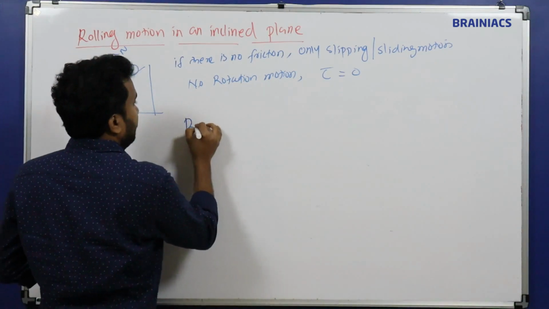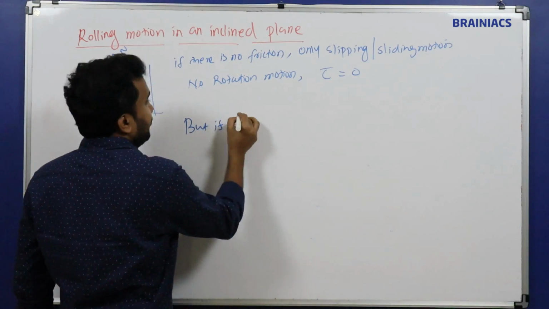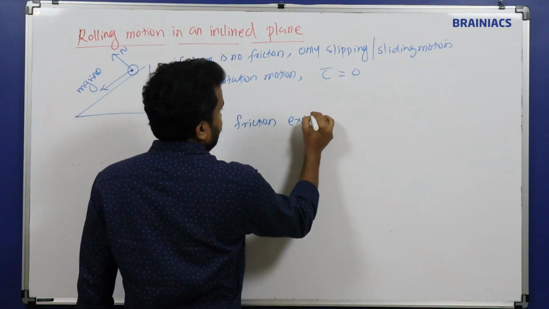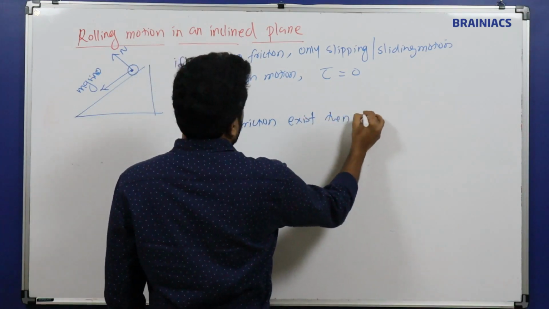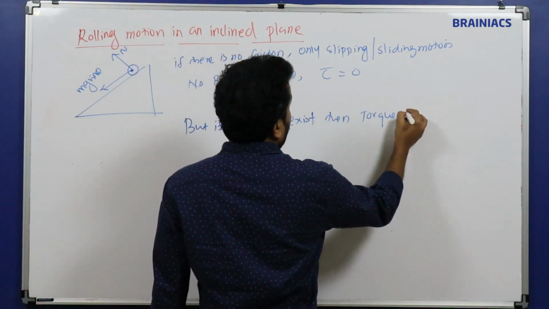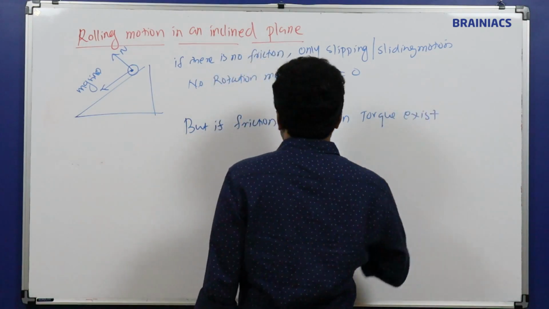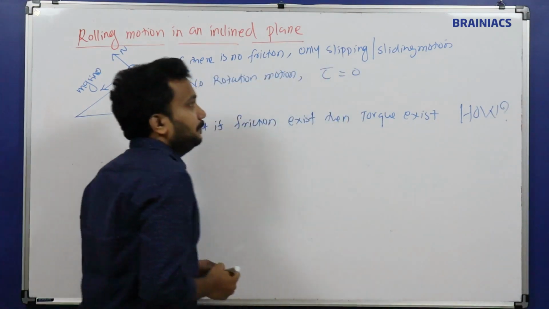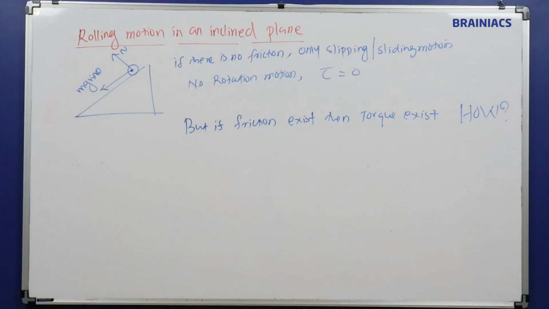But if friction exists, then torque exists. How? I am asking you how. Can you tell me? Yes, it's possible, sir. Why? Because